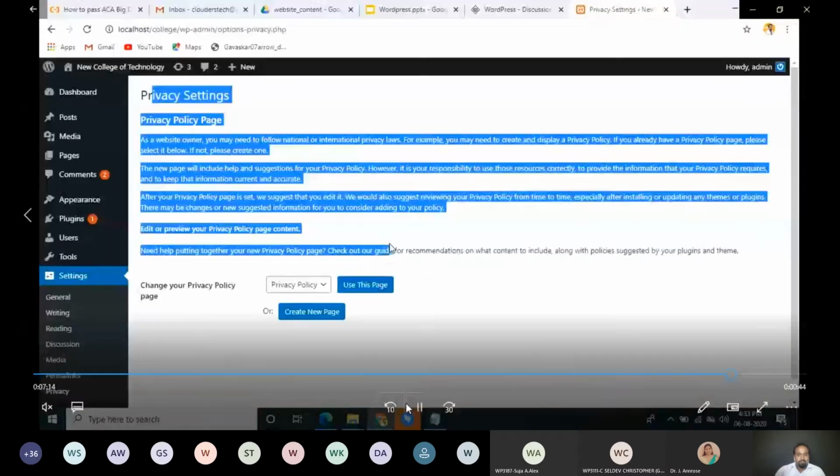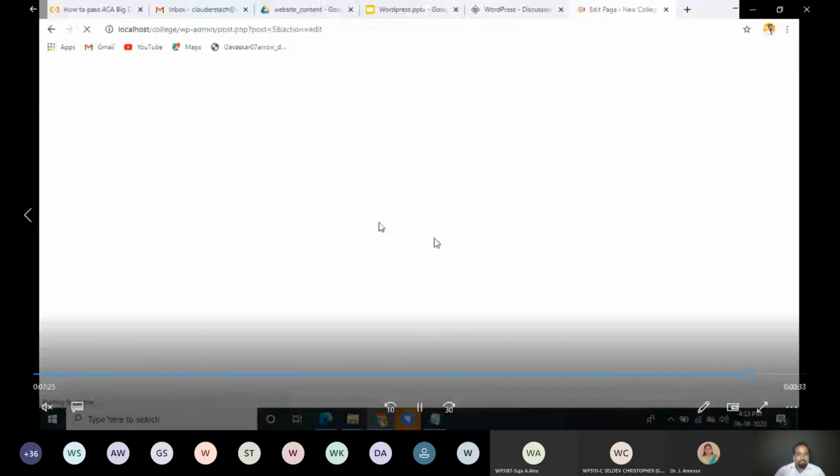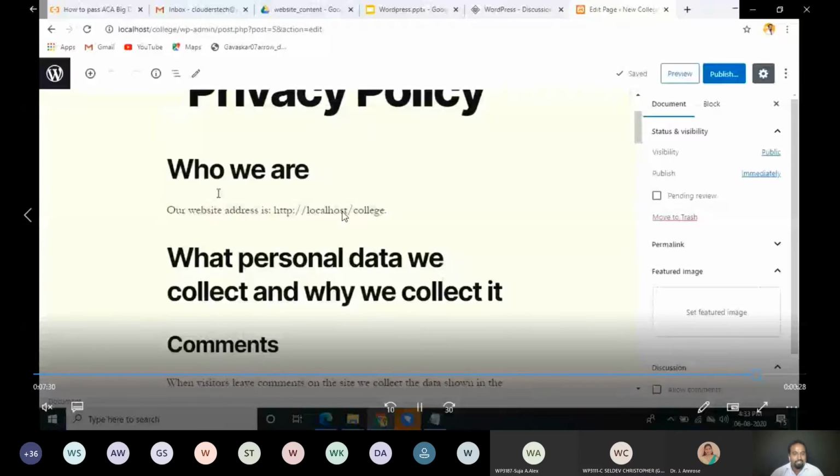Now the policy setting, you can do. By default, some policies are given for you. If you want, you can edit that. If you have some website policies, you can edit that. Since I am not going to include this page, for me there is no website policy. So this is for demonstration purposes. Some website policies will be there. If you want, you can edit that, or you can delete this page also.